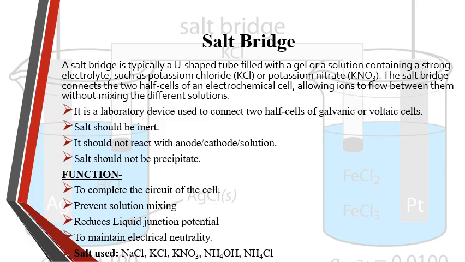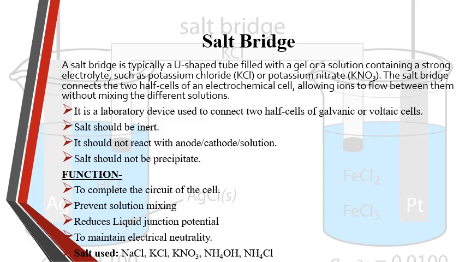during the redox reaction in the electrochemical cell, one half cell may accumulate positive ions, that is the cations, while the other accumulates negative ions, that is the anions. This imbalance in charge can stop the reaction by creating an electric potential that opposes further electron flow. The salt bridge allows the migration of ions to maintain electrical neutrality in each half cell,